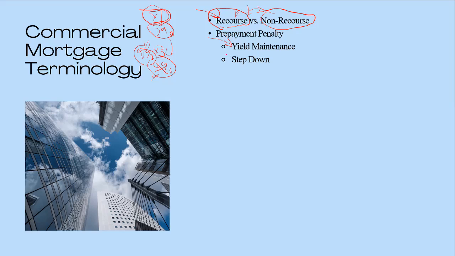A step down is a little more straightforward, where they say, if I gave you the loan in 2020 and you pay me off in 21, you have to pay a 3% penalty, meaning if you borrowed $100 and pay me off early, you have to pay me the $100 plus an additional 3%. So an extra $3 plus the interest that you owe me. So it's an upfront kind of fee. You have to pay just 3% of the principal.